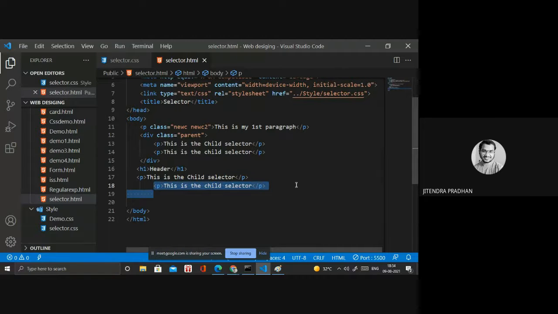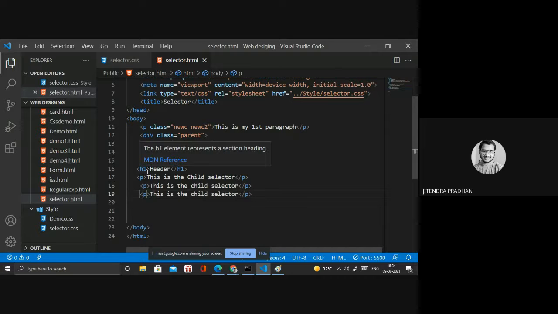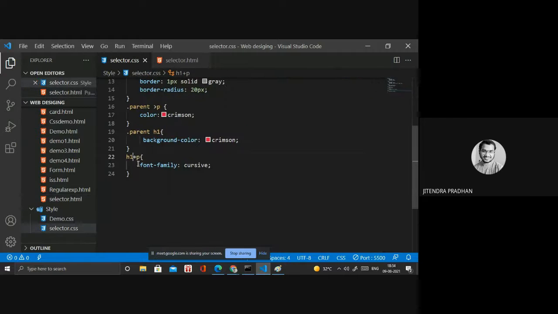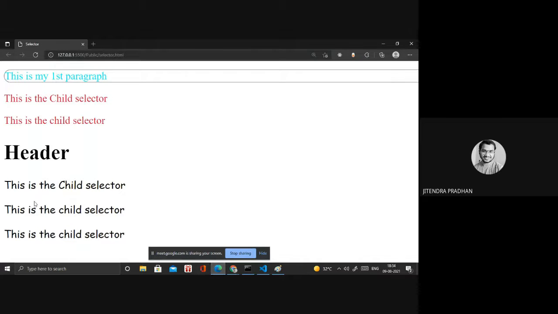Okay. So how do we apply it to all of them using another selector? Let's see. If I write p plus, the adjacent sibling selector, it doesn't affect all of them. I need the general selector. What is the general selector? I've already told you that one. If I remove that and use the general sibling selector, it applies to all.